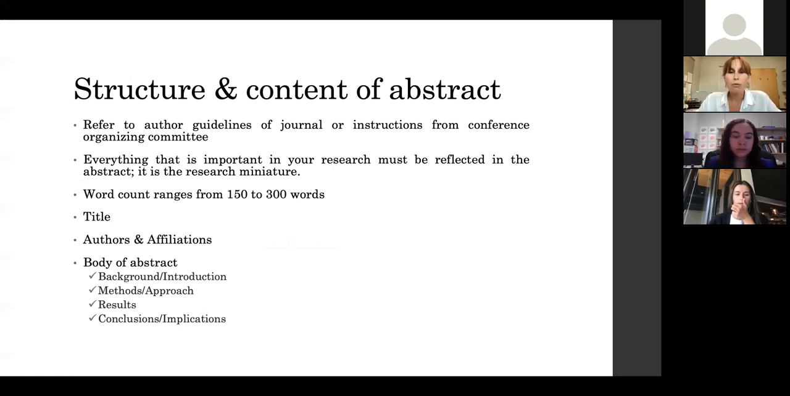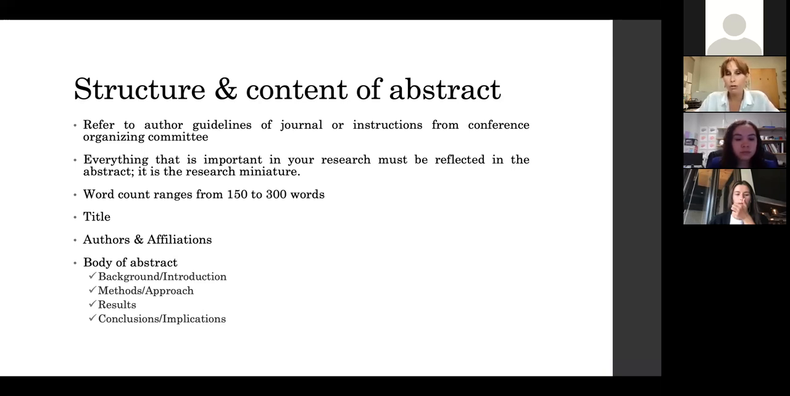So what is the typical structure and content of an abstract? If you are submitting your abstract for a manuscript, you will refer to the journal instructions. Each journal has unique instructions, and you'll find these on the journal website. If you are submitting your abstract for a conference, the organizing committee will provide you with information on format requirements and the submission process. Like I mentioned, there are almost always word or character count limitations that you must strictly adhere to. Typically, word count limitations range from 150 to